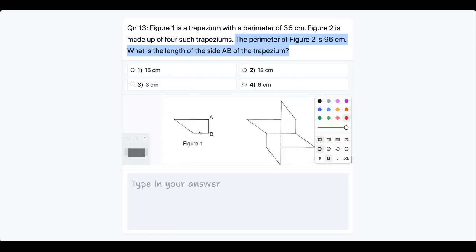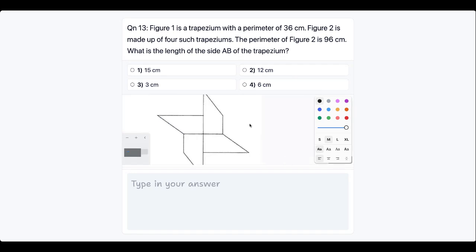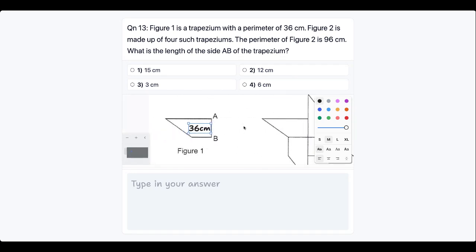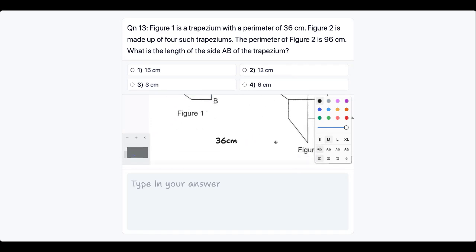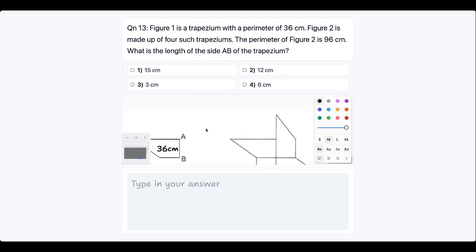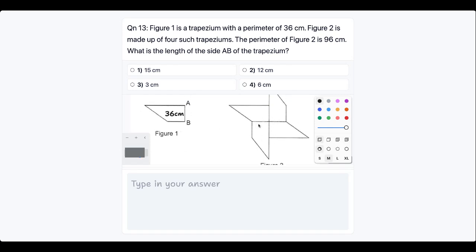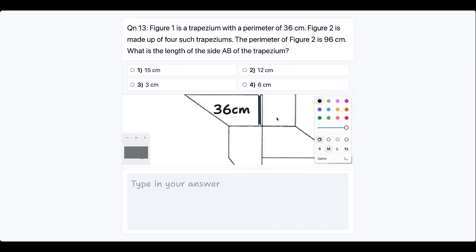So over here, figure 1, as what you see over here, this whole thing is 36 centimeters. Now this whole figure 2 is 96 centimeters. Okay, that's what you see over here. So this is 96. If we were to just calculate the figure 1 in figure 2 without overlapping it, assuming that we just calculate including this line over here, essentially we have all the lines that is